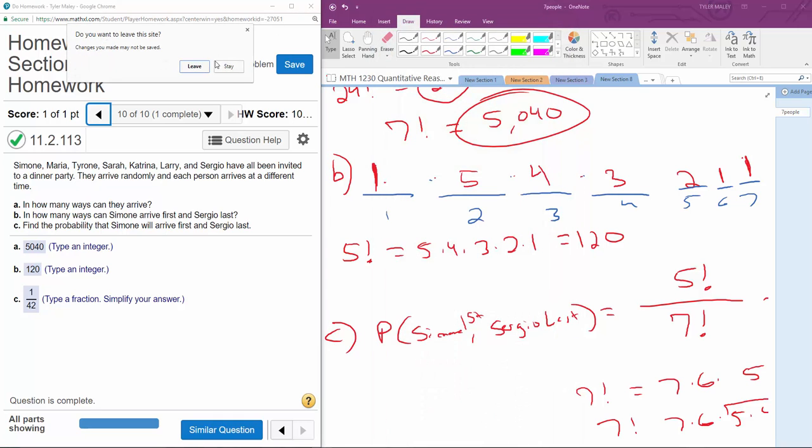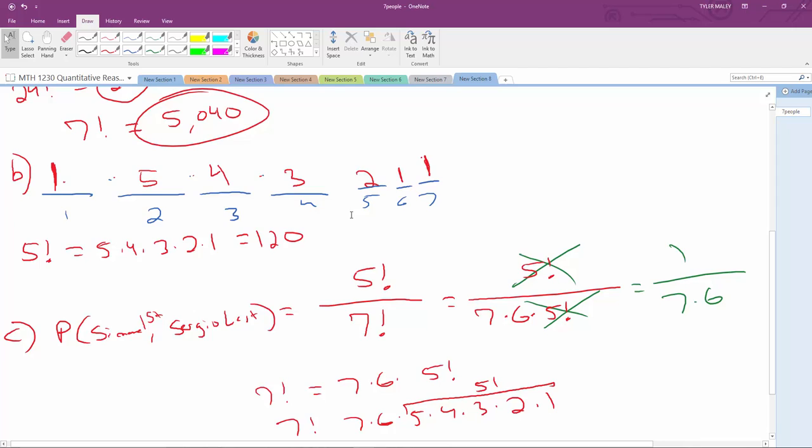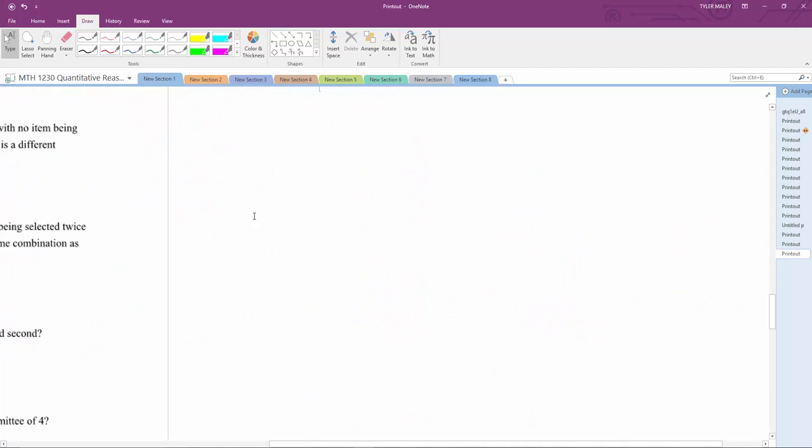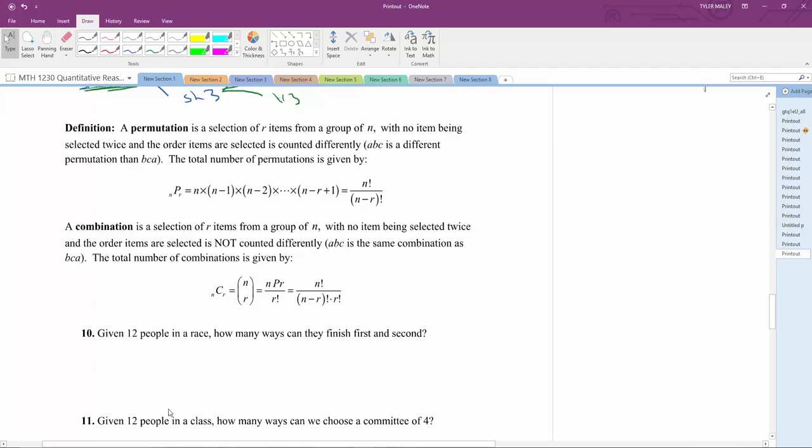All right, so let me close out of this. Go back to worksheets. Right. So now I'm ready to look at permutation and combination. Right. So the big things that you want to remember off of these notes is that a permutation is when order matters, right? So with a permutation, order matters,